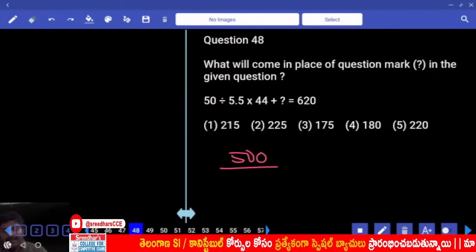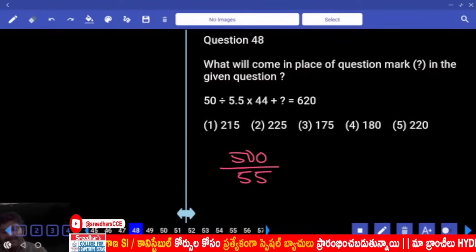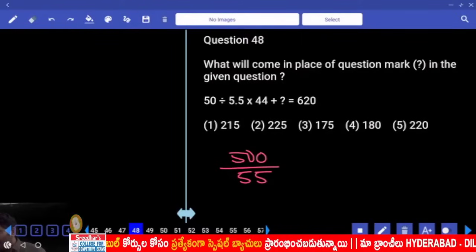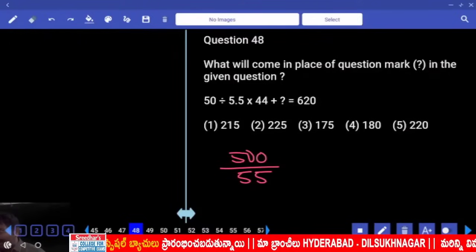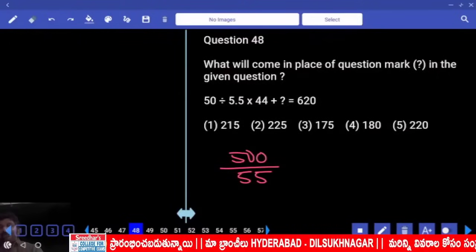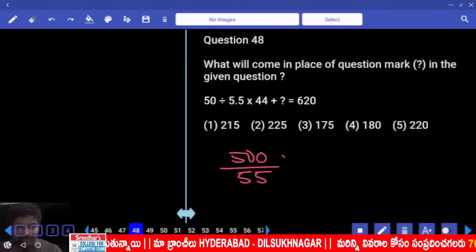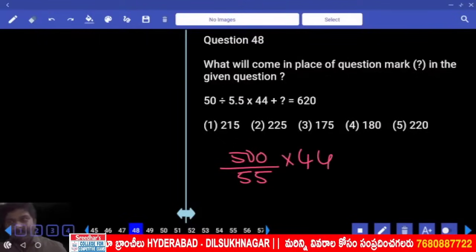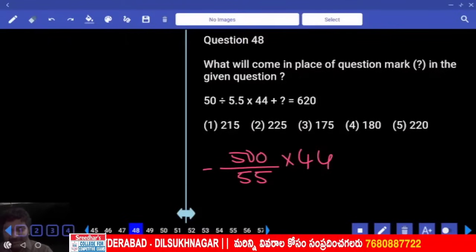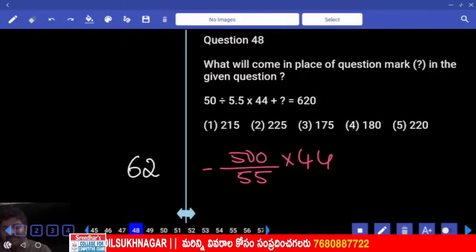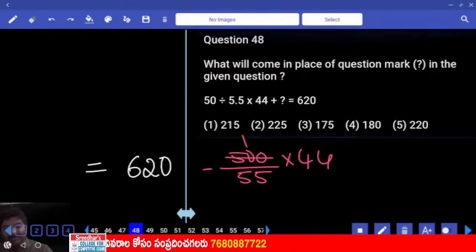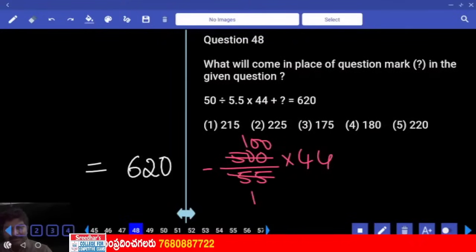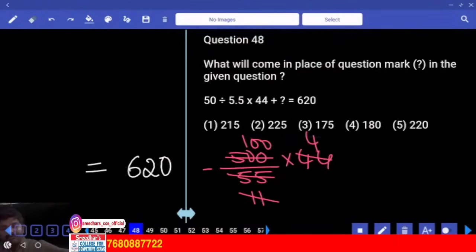50, I'll write it as 50 by 5.5 as 500 by 55. One digit is there after decimal in denominator. To eliminate that, we are multiplying both numerator and denominator with 10 into 44. This number, entire number goes to right hand side and becomes minus, right? Already right hand side we have 620 and this will be our final answer. Done. 5 100 times, 5 11 times, 400 subtracted from 620, answer